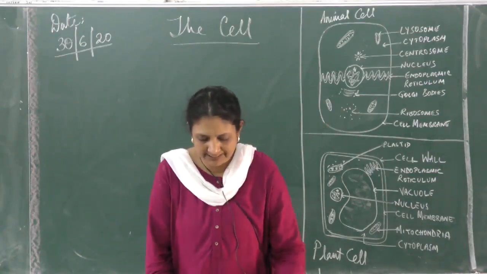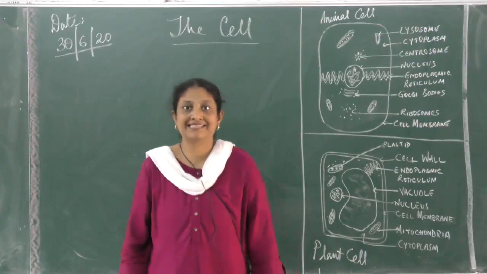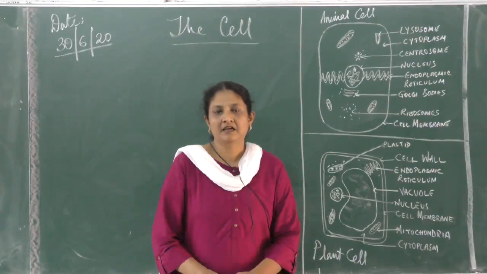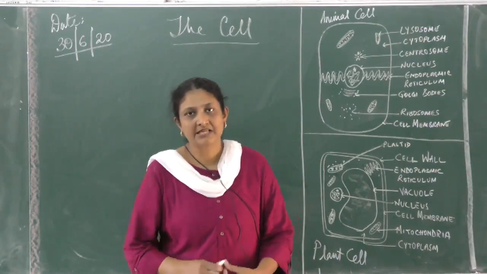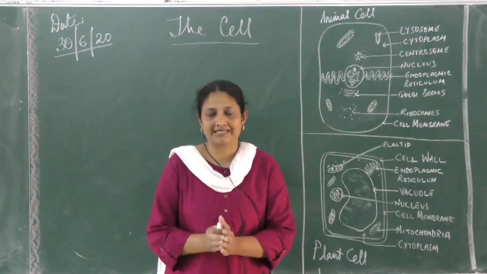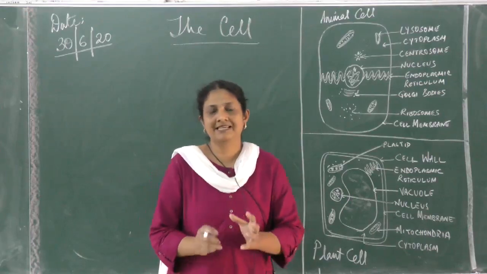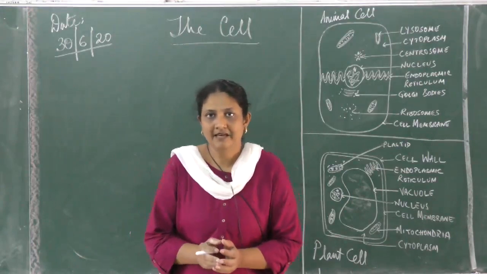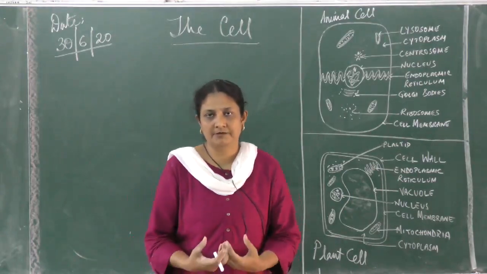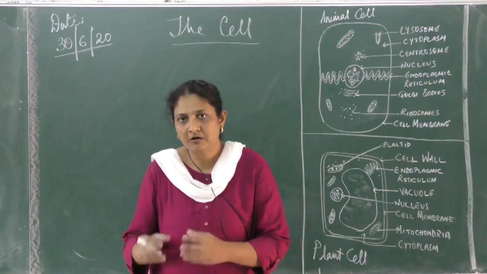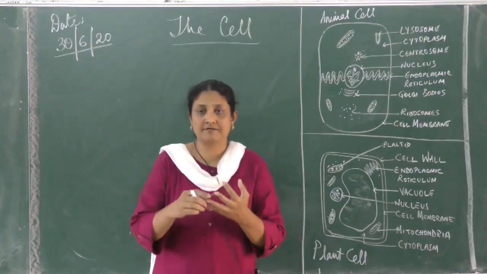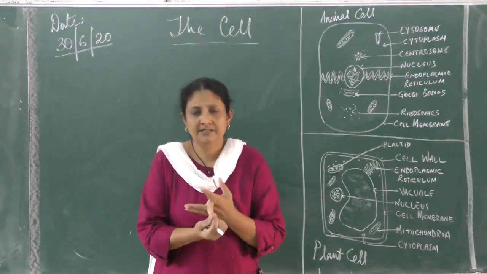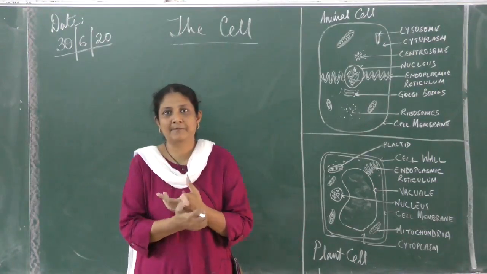Next we move to the diversity in cells and cell division. Diversity, what does this mean? Now a cell, what does it do? A cell does, as we said, all the work. Yes, it does all the work, but a single cell also does a specific activity. Let us say there are different tissues in our body. Like you have the nervous tissue, the muscular tissue, the blood, the conducting tissue, and the skin, the epithelial tissue.